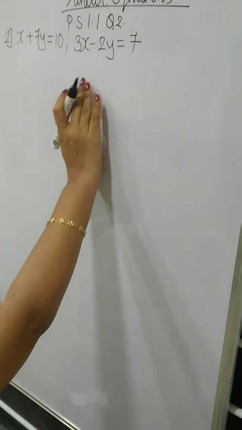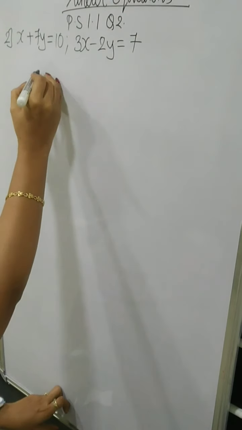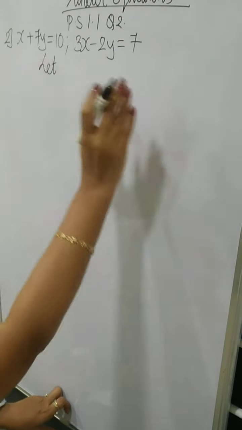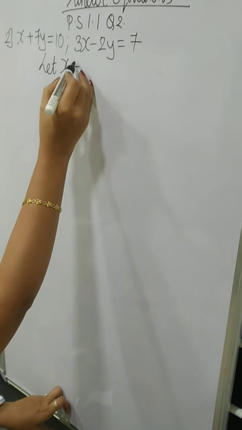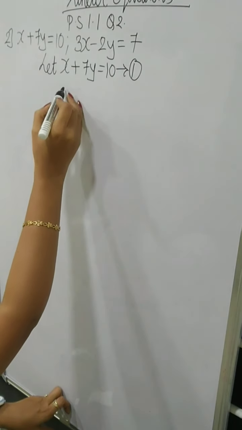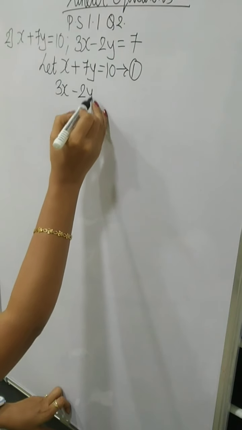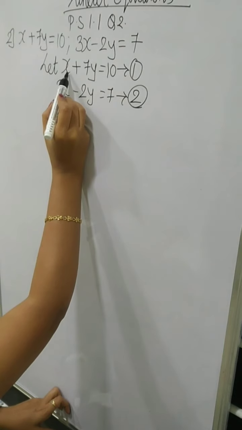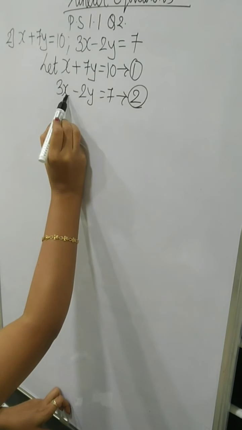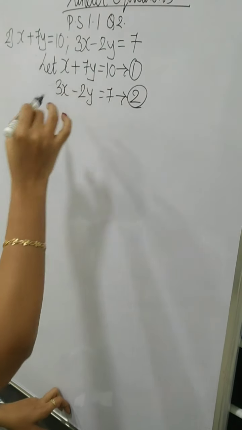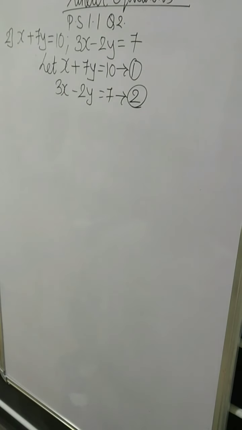Now, see, this question is a little different because here you will see that we do not find any single term which is the same in both the equations. Like here we have our equation 1, x plus 7y is equal to 10, and 3x minus 2y is equal to 7, which I can take as my equation number 2. As you can see, we have x, here we have 3x, here we have 7y, and here 2y. So none of the terms have matching coefficients. So we say that there are no similar terms here.